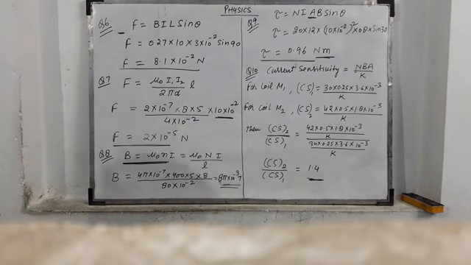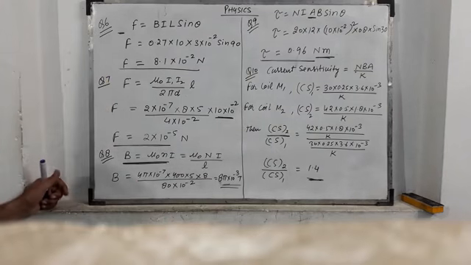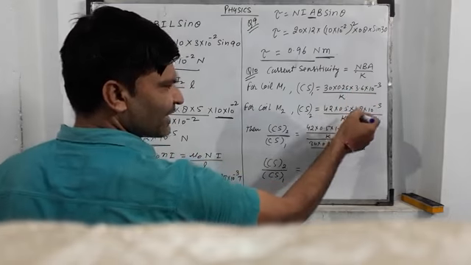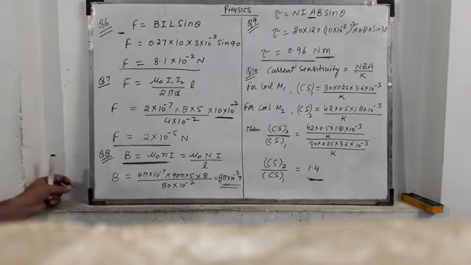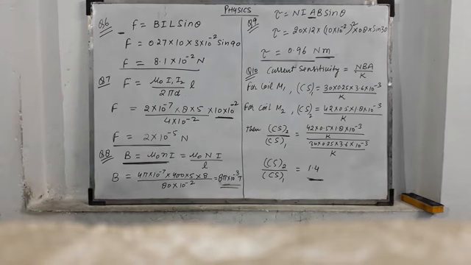Similarly, we can find the ratio of voltage sensitivity. Only one parameter is increased, Kr. And then we get the ratio of voltage sensitivity is 1. This is the homework for you.